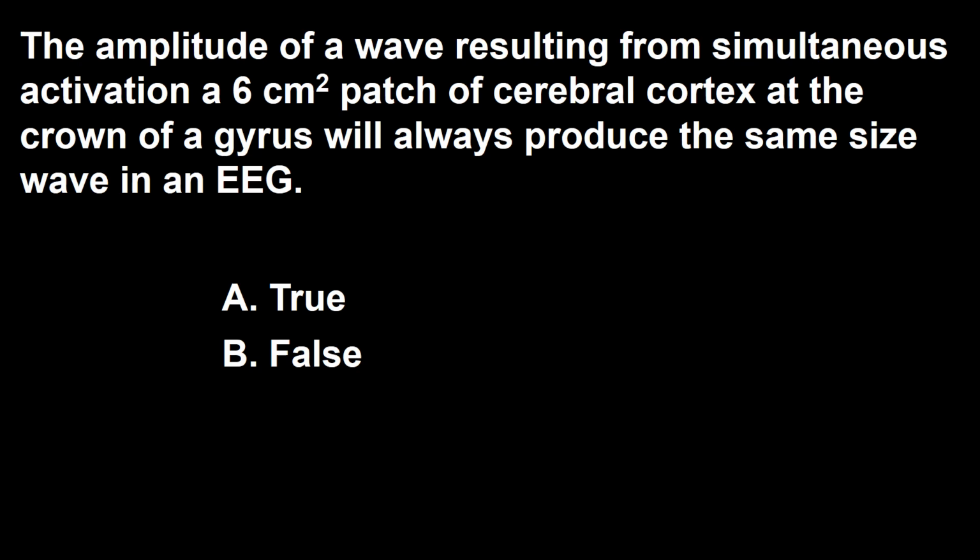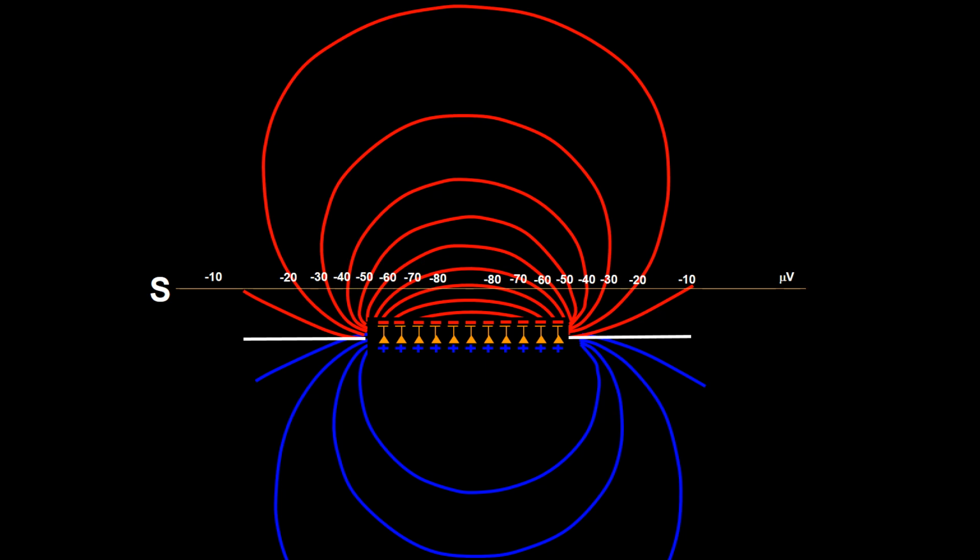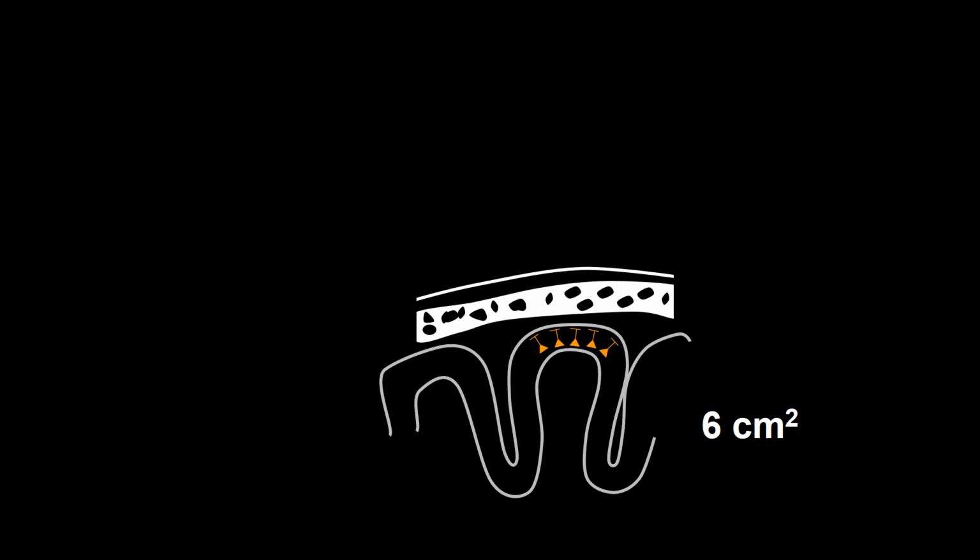Next question. The amplitude of a wave resulting from simultaneous activation of a 6 square centimeter patch of cerebral cortex at the crown of a gyrus will always produce the same size wave in an EEG. A true, B false. We already used the solid angle theorem of volume conduction to understand the field created by a single activated neuron. We have also used the solid angle theory to explain the behavior of a flat dipole layer. Now, I will use the solid angle theorem of volume conduction to explain electrical wave formation in the context